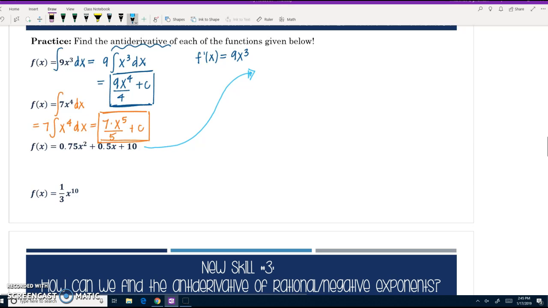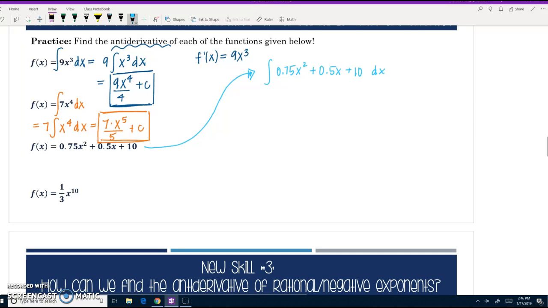bit more room. If you have multiple terms added together in an integral, the process flows using the same kind of techniques we use with derivatives. So you can think of it as you're handling them each individually by individual function piece, but then they can just all be pushed together when you're adding or subtracting. So here I'm going to say the integral of 0.75 x squared plus 0.5x plus 10, and then I have